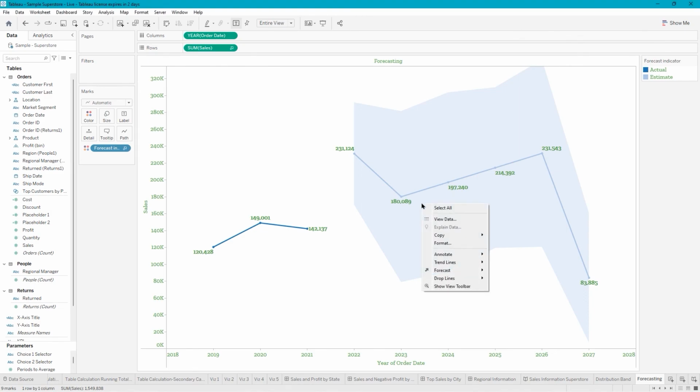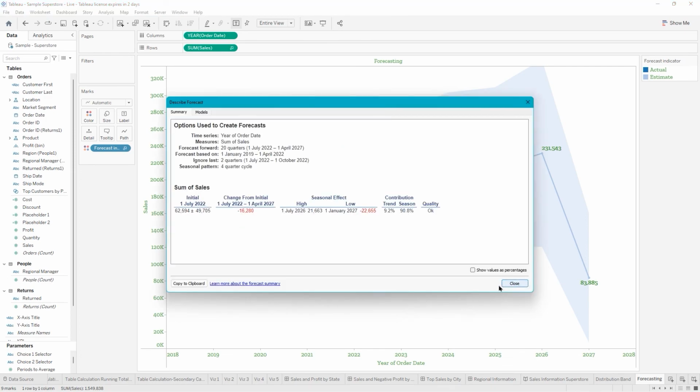We're going to right click on our forecast again, hover over forecast, and this time we're going to choose describe forecast. So you have two tabs at the top. We are on the summary tab, and it's letting you know the options used to create forecasts. It's using the year of order date as its time series and the sum of sales as its measure. The forecast forward 20 quarters, forecast based on dates, ignore the last 2 quarters, and the seasonal pattern is a